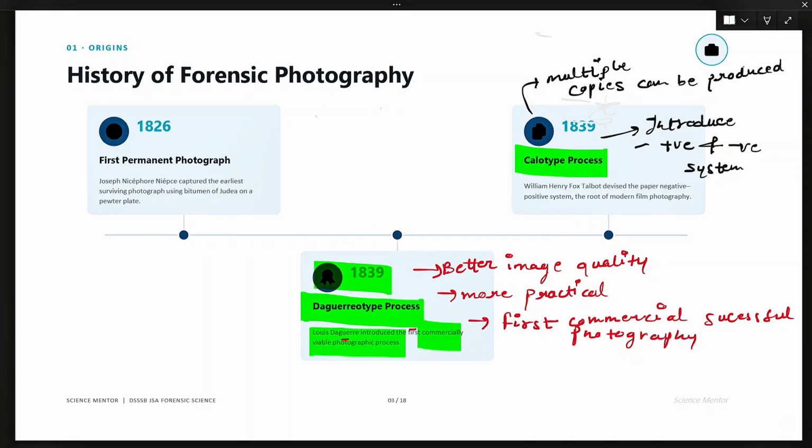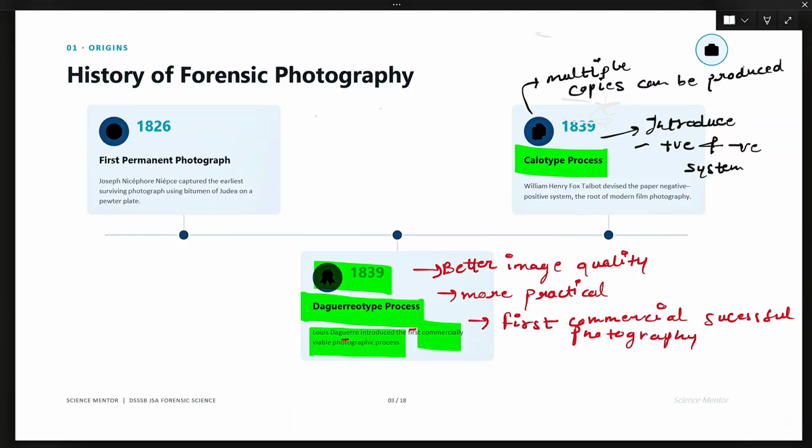Before we move on to the next slide, answer these questions mentally, or write them in the comment section. Question one: who produced the first permanent photograph? Question two: who introduced the daguerreotype process? Question three: which scientist developed the calotype process? And fourth: why was the calotype process an important advancement? If you can answer these four questions without looking at your notes, you have understood the historical foundation